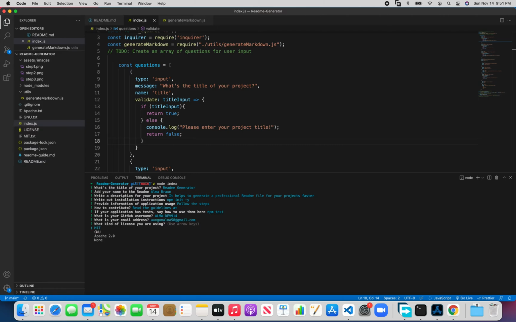As you hit enter, and what kind of license are you using? If your project is using a license, I have put some choices here like MIT license, GNU license, Apache license, or if your project has none, but it's always best to have a license. So if you choose one of these licenses, such as MIT, it should return you a license badge, a license link, and a general license. So let me say my project has an Apache license,